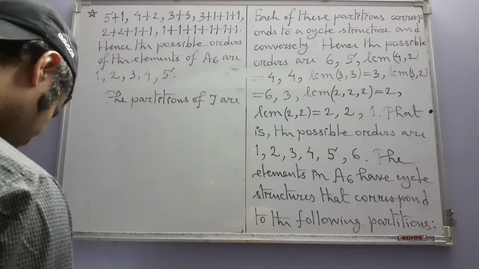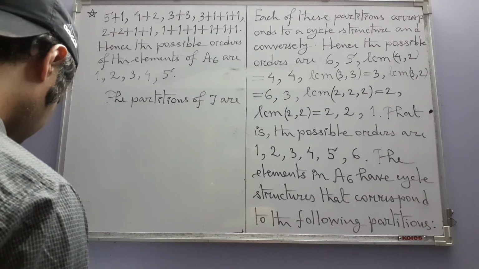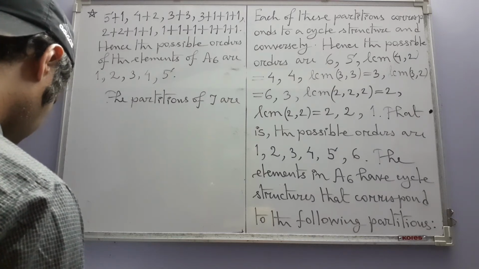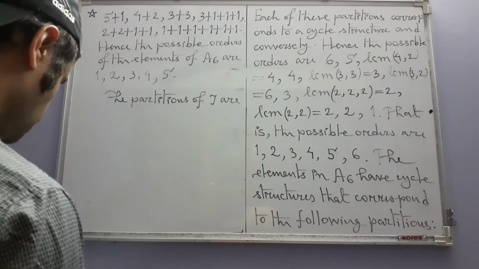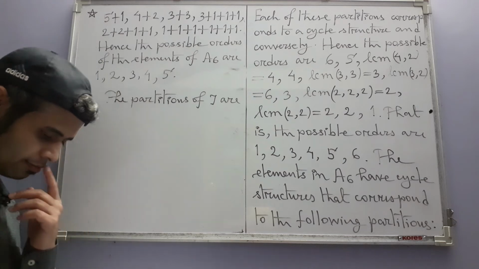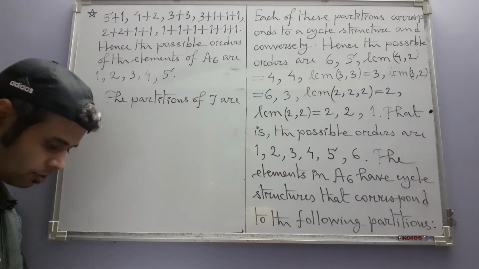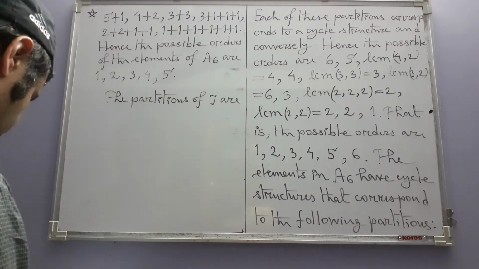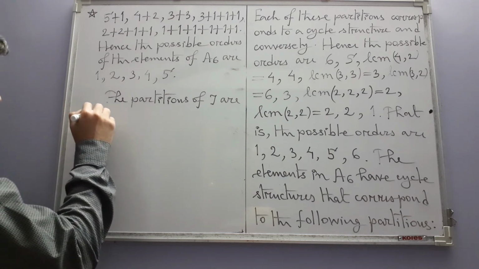So here there are many more, naturally. Have I not written the partitions of 7? Okay, so it's here. So we are saying we would write compactly, and that's like this: